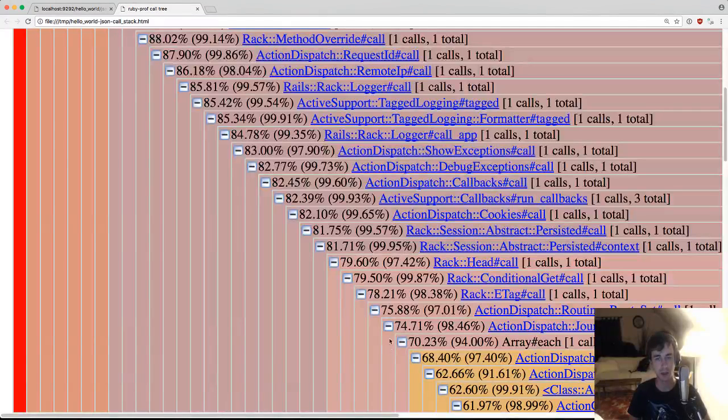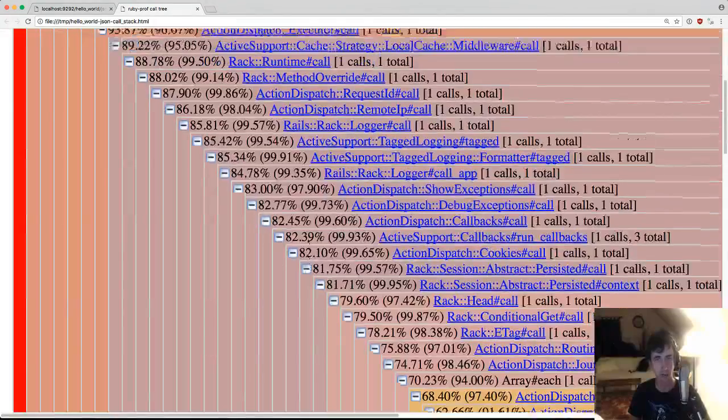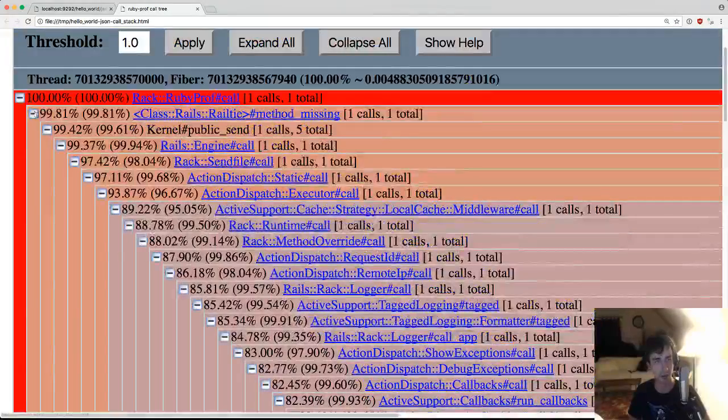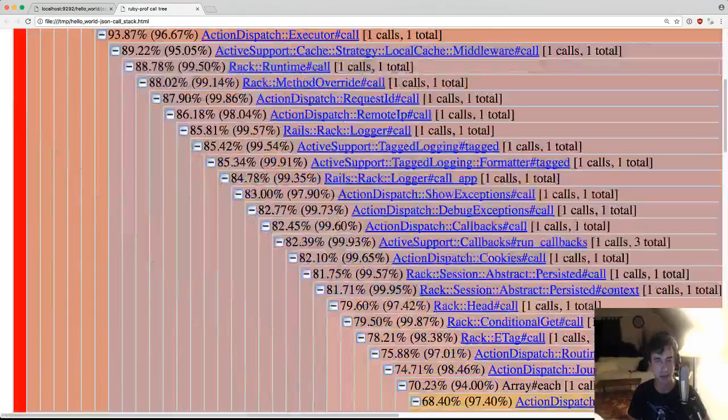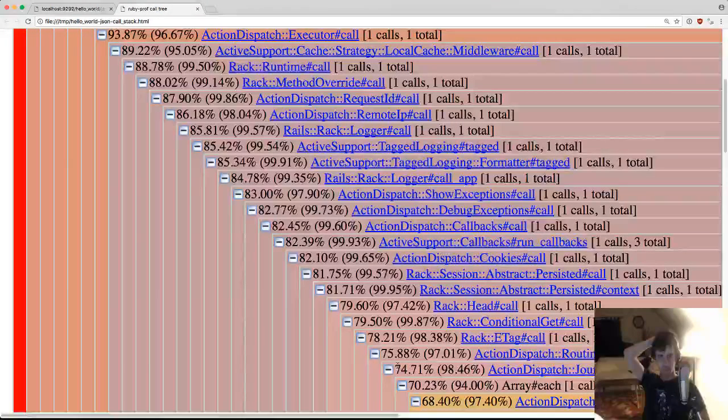Not huge drop-offs along the way, really. Actually, 25% that we're in the routing layer. Not huge drop-offs here, but it does add up, right? Because from entering the stack to going to the router it is 25%, so getting stuff out of here could save us a millisecond on my machine, maybe 2 milliseconds on